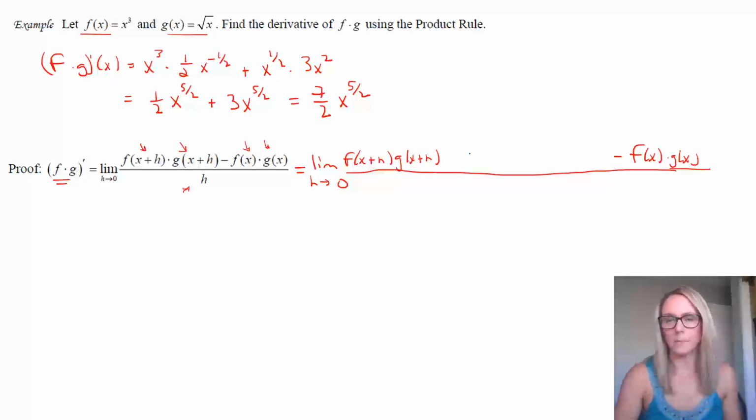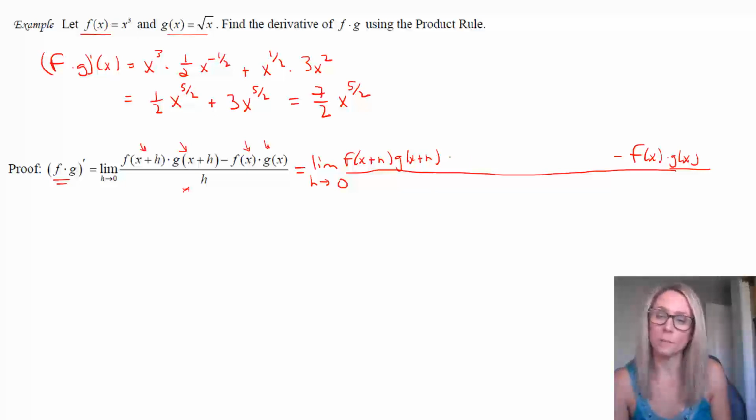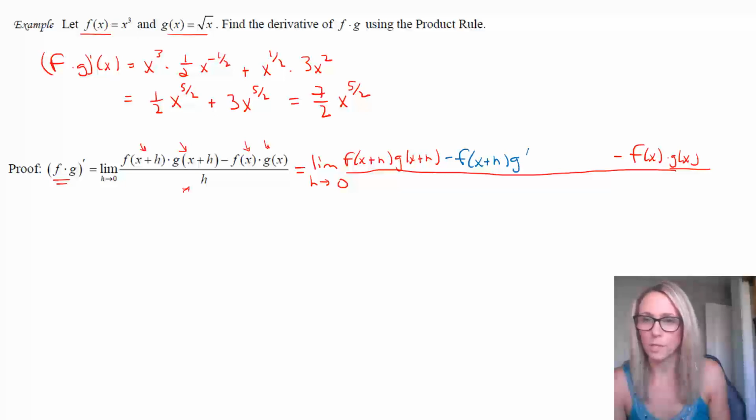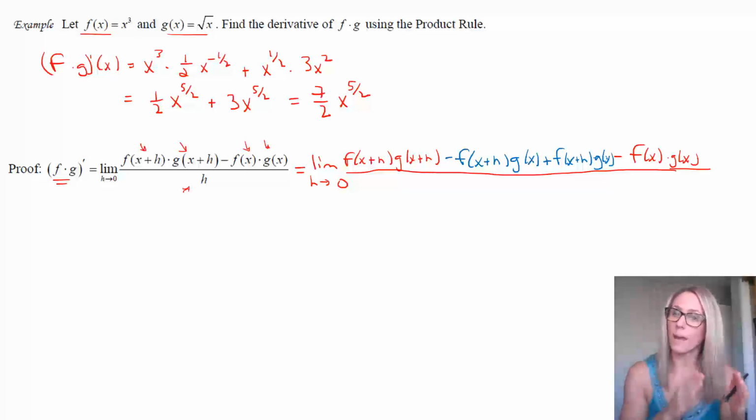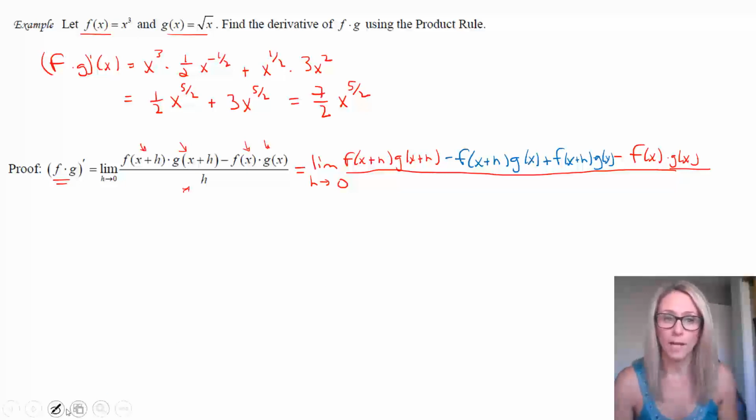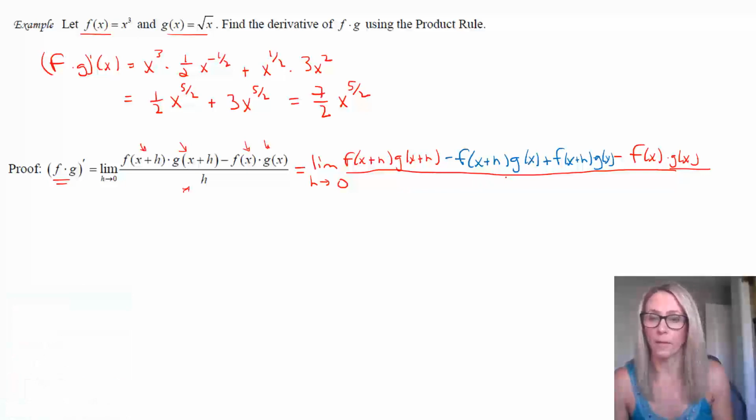This is a very common math trick that happens in a lot of proofs. What we're going to do is add and subtract the same piece of something so that we're essentially adding 0. That is a very common math manipulation to help you move forward. So I would not expect students to ever know this, but we're going to subtract f of x plus h times g of x plus f of x plus h times g of x. So I just subtracted something and I added it, and they were the same exact thing. So I did not change what is in my limit. I just added 0 to it. And then in my denominator, I have h.